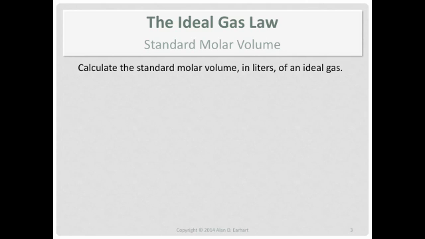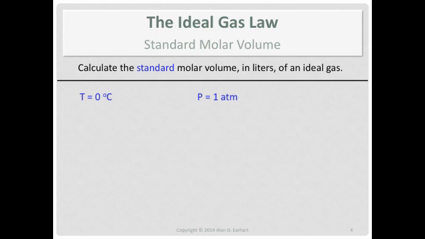What we're going to do is calculate the volume in liters of an ideal gas under standard conditions and 1 mole. There are standard conditions. If you see temperature in Celsius and you're doing a gas law problem, automatically convert that thing to Kelvin. And since it's molar volume, that means the volume of 1 mole. So we're assuming 1 mole.